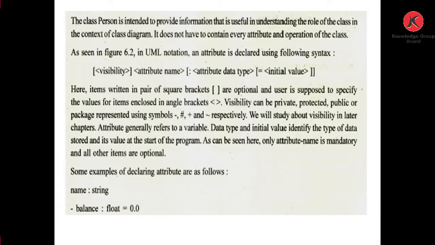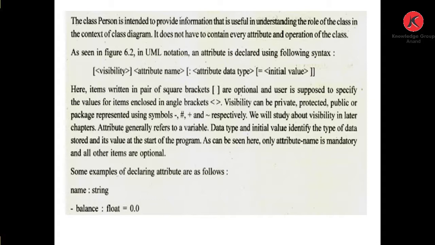You can see here visibility, attribute name, attribute data type and initial value. Here, items written in a pair of square brackets are optional. Remember students, items written in a pair of square brackets are optional, and the user is supposed to specify the value for items enclosed in angle brackets.